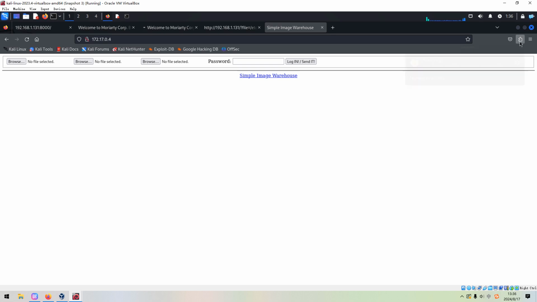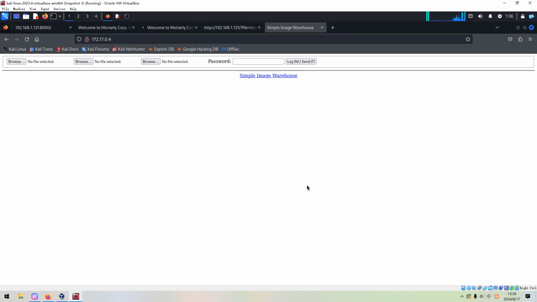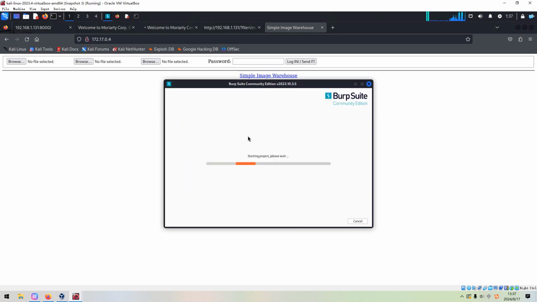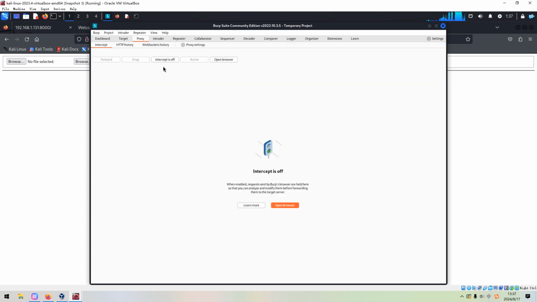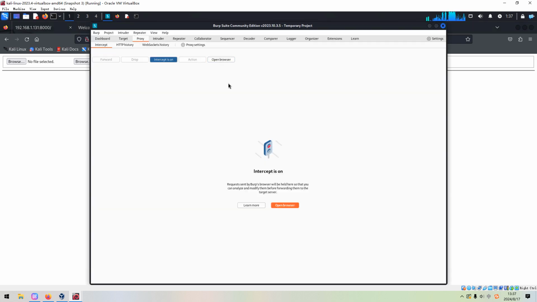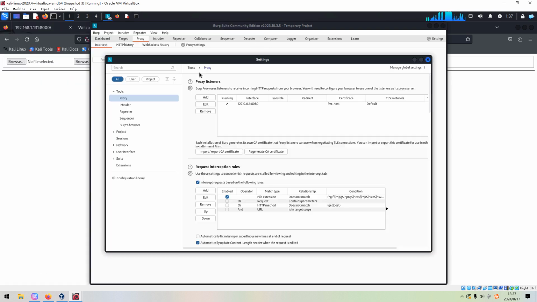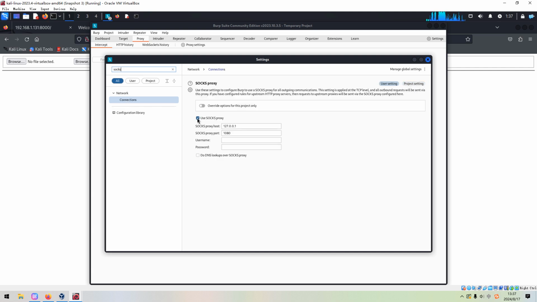I'd like to turn on and launch our Burp Suite, and we can make sure the intercept is on. And also we need to open the proxy settings. We can search SOCKS, and we need to use the SOCKS proxy, and also do not do DNS lookups over the SOCKS proxy.